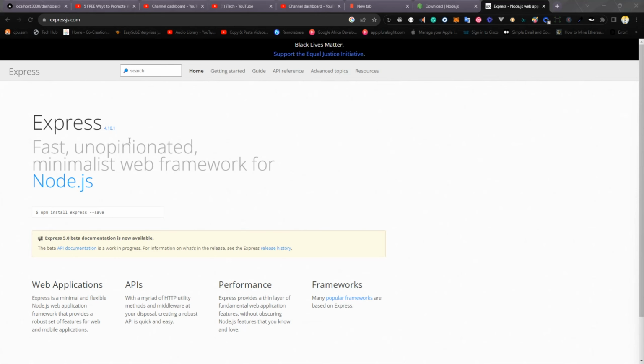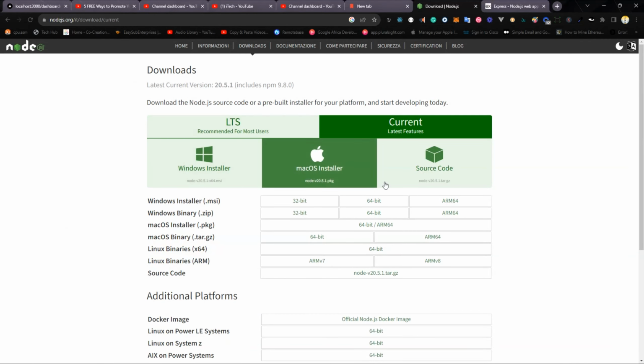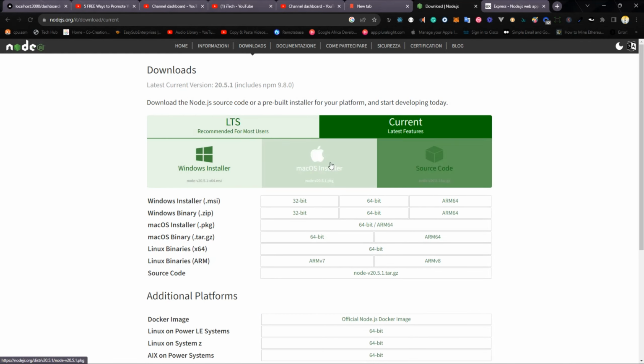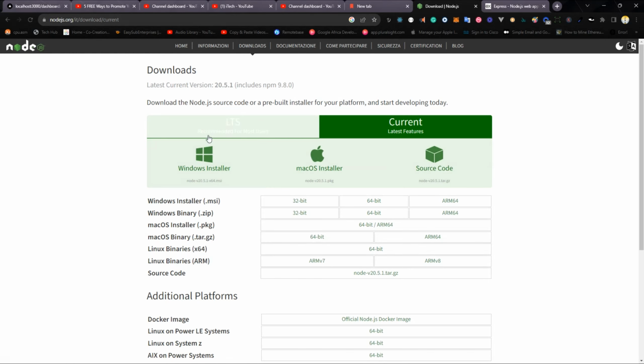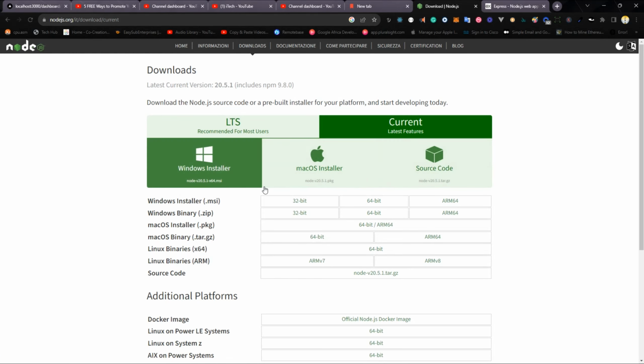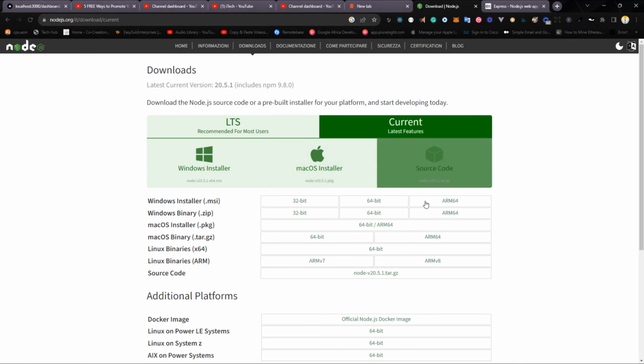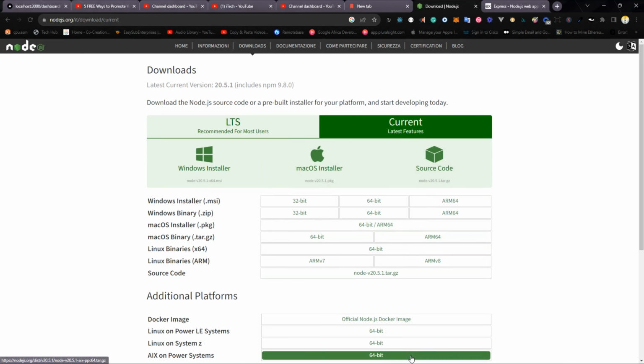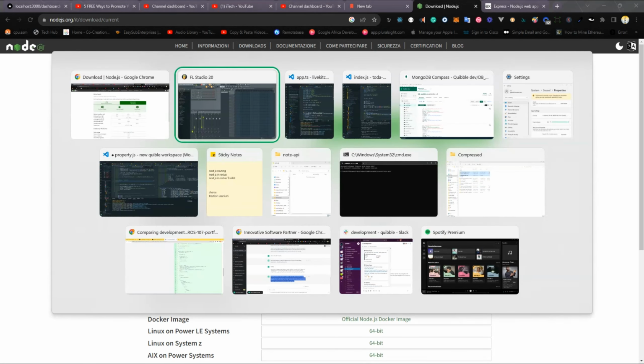So if you don't have Node installed on your system, you want to install that right now by going to nodejs.org, download the installer for your operating system. But I'm not going to be doing that because I already have it installed. So the next thing you want to do is